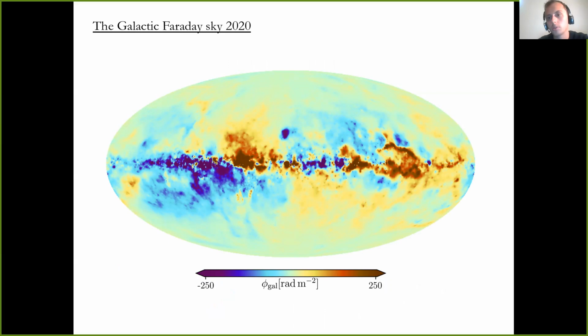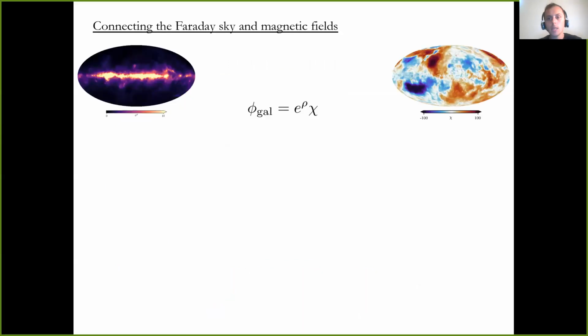But I don't want to talk too much about it. I want to get more into detail about what we can say about the galactic magnetic field. And for that, I have to get back to our helper maps. So this is, as I said, the model equation that we are using, multiplying those two maps with the Faraday sky. But the motivation for this goes a bit further, namely, if you have a look at the definition